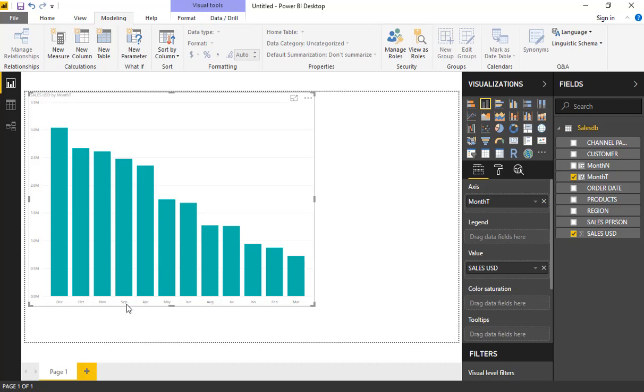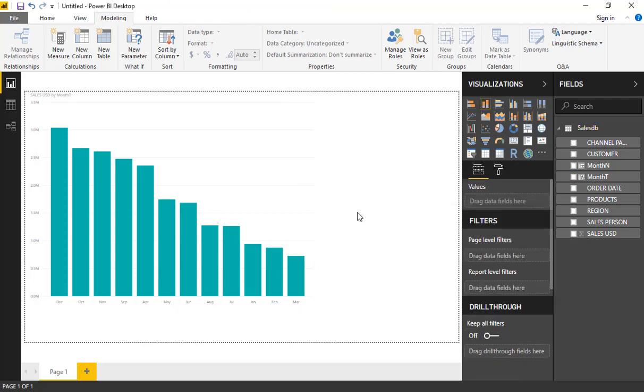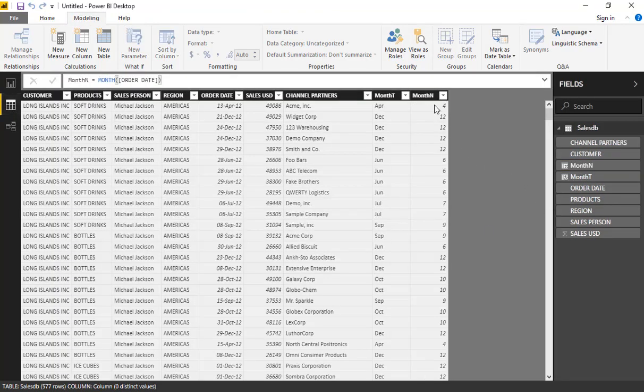So now I have to sort this horizontal axis as a calendar view, either January to December or December to January. If I click on this more options menu, I have two options, ascending or descending, but this will not work here. We will get our months sorted, but not exactly from the calendar point of view. So what we want to do is use the extra column we created, called month n, which has the numbers of the months.